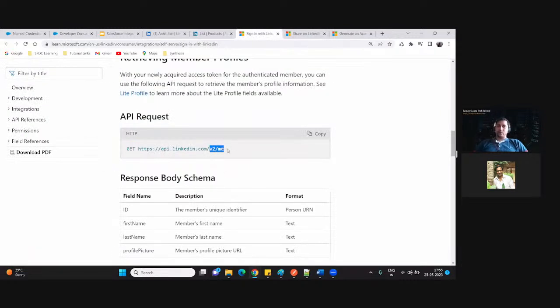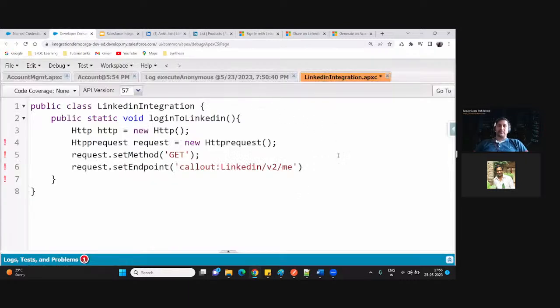what all things that we have to do, v2/me. Because till here, we are getting from our named credential, so we do not have to repeat this path. Now, this is the only path that we have to call to get the remaining details. So that's what I am doing. I am calling here the v2/, right?